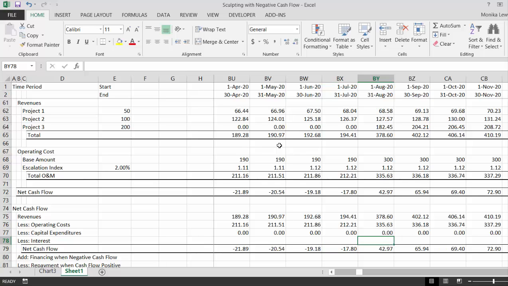Now the issue is if we start repaying the debt once the cash flow gets to be positive, there's not going to be much of a problem. We can sculpt. We can figure out how much debt we can finance first. We can put debt and equity in. We'll have a little bit of standard circular reference if we use equity first. If we use pro rata, I suppose we could